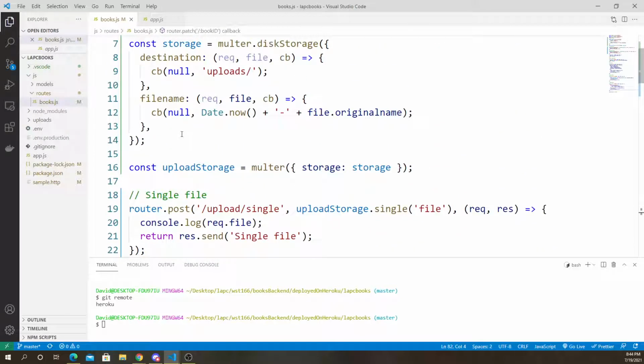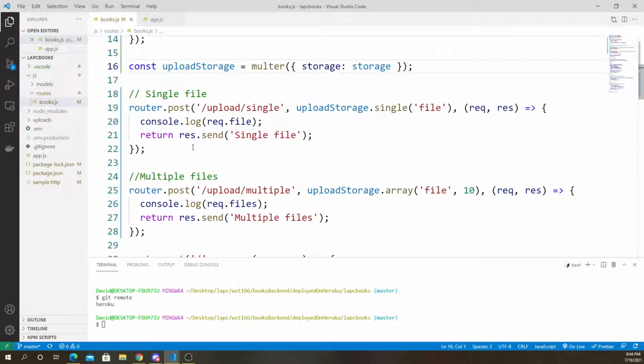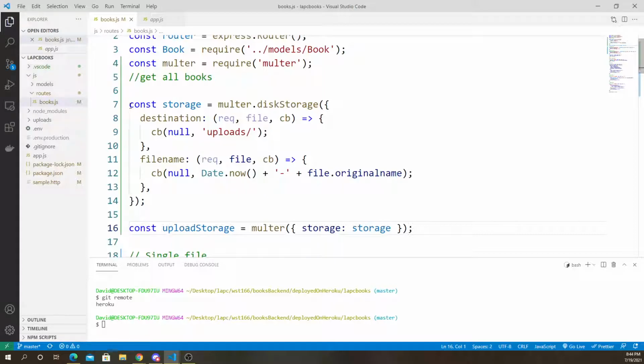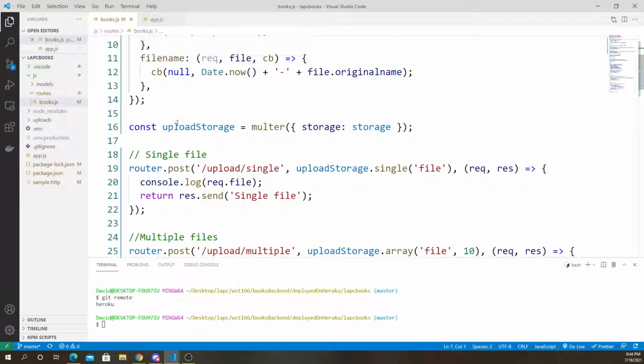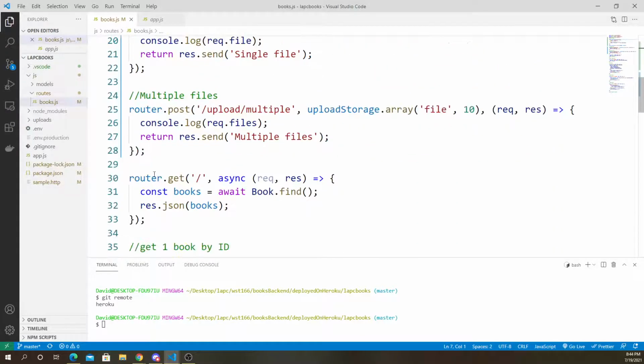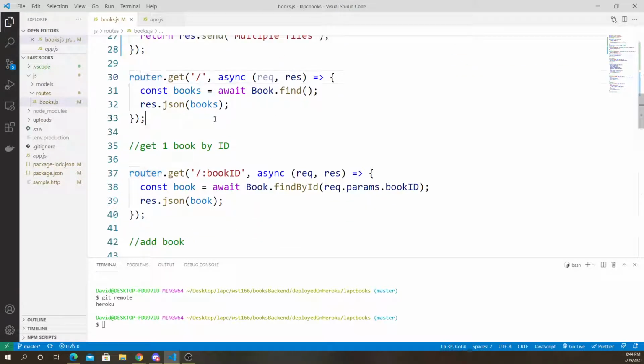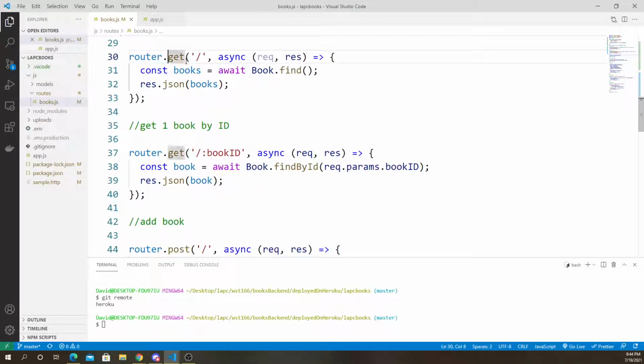well, ignore all this actually, because this is stuff I just added, which I'm not using yet. So the whole storage, upload storage, ignore that stuff. Here's where it starts. So if you go to router.get /, that's basically going to books,